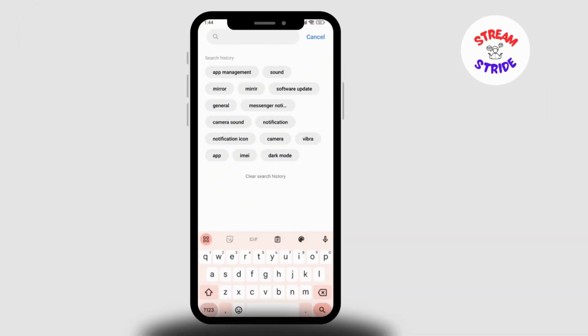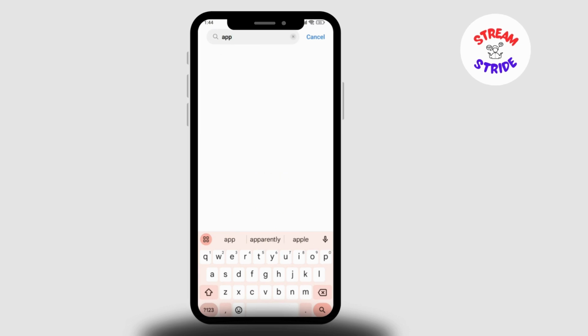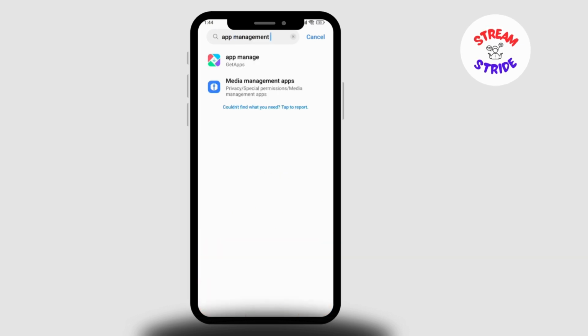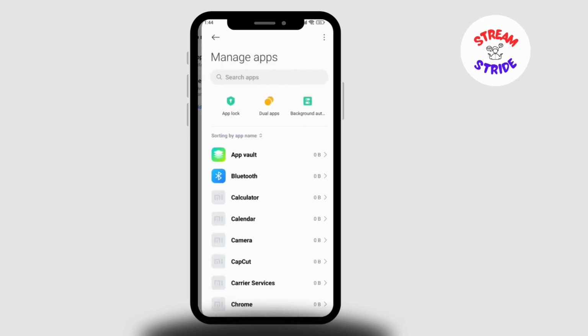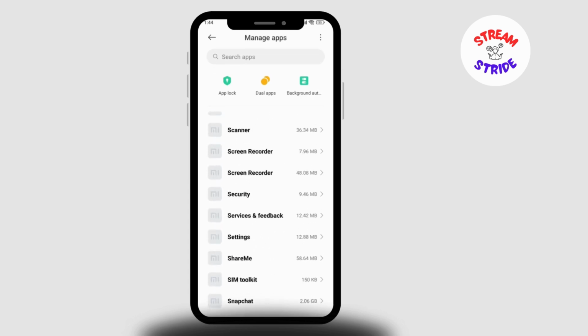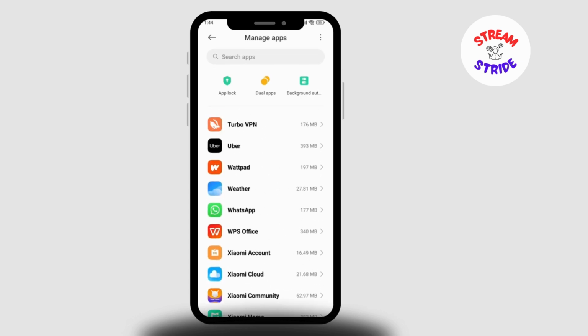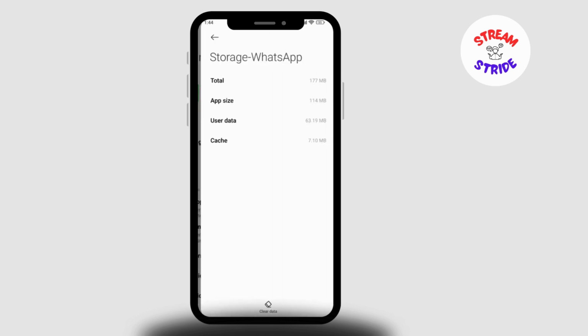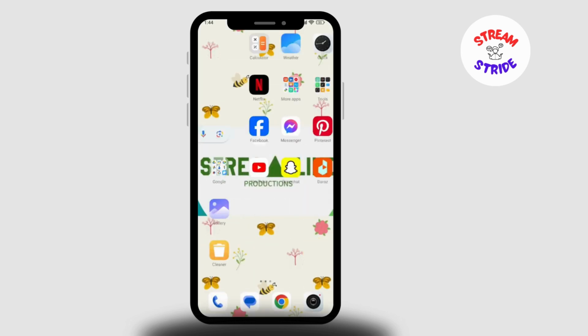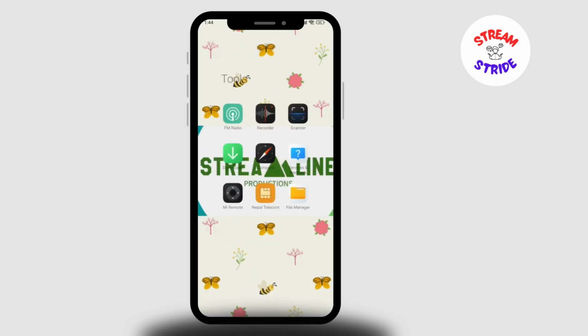I'll open up your phone settings and then click on the search bar. Now in the search bar, search for the option app management. Click on the first thing that appears on your screen, and now here all you need to do is search for the option WhatsApp. Click on that, and now here click on storage, and now here you need to clear all your data. Click on clear data at the bottom of your screen,